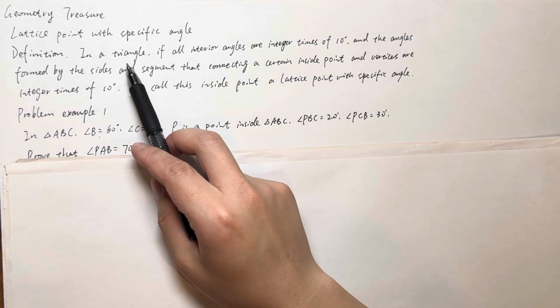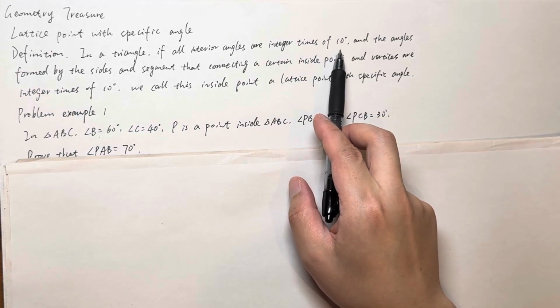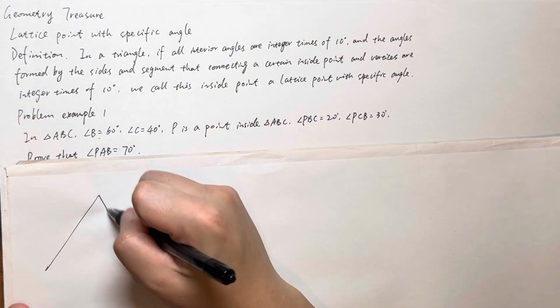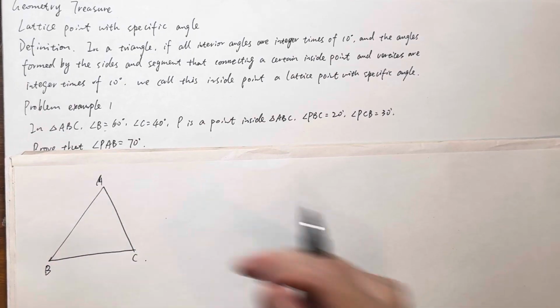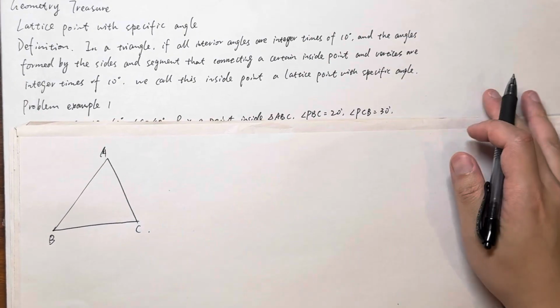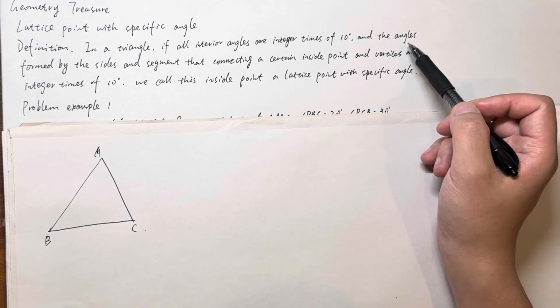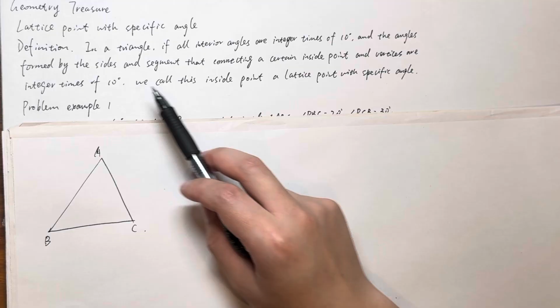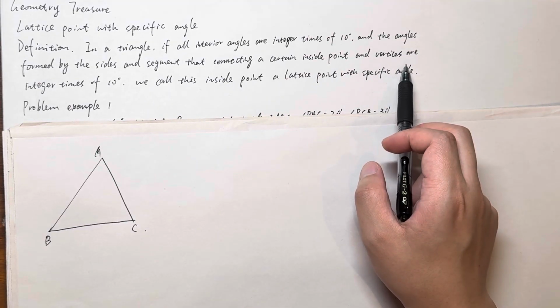Today we're going to talk about the lattice point with specific angle. First, we'll give the definition of the lattice point. In a triangle, if all interior angles are integral times of 10 degrees, which means in triangle ABC, angle A, angle B, angle C are integral times of 10 degrees. And the angles formed by the sides and segments that connect a certain inside point and the vertices are integral